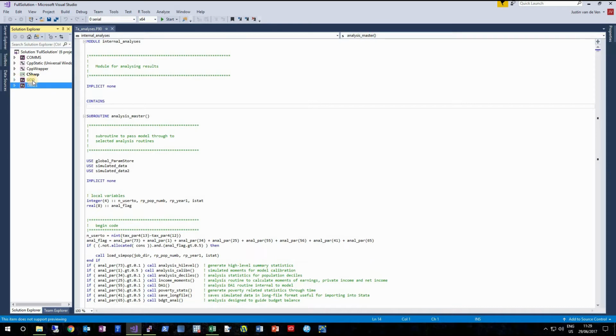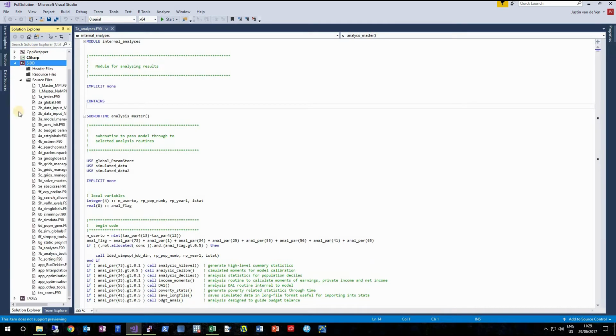And the main model code for SID is in this Fortran code here. So this is the C#. There's a C++ wrapper. You don't really need to know about this stuff. C++ static is the C++ DLL that Fortran is communicating with, and then SID here. So ignoring all of these others here, if we just get straight into SID,